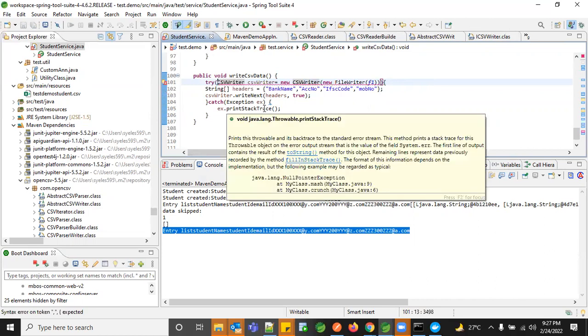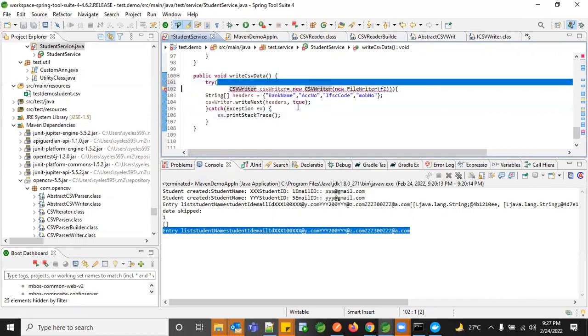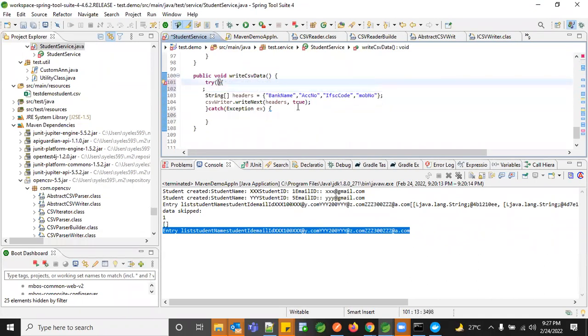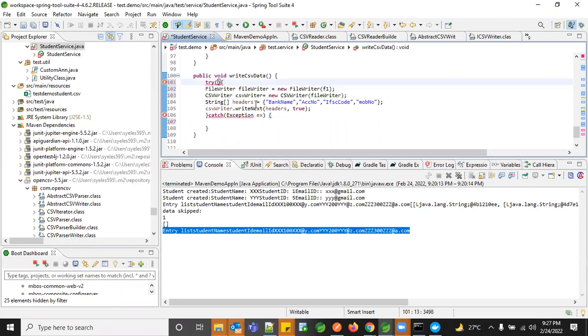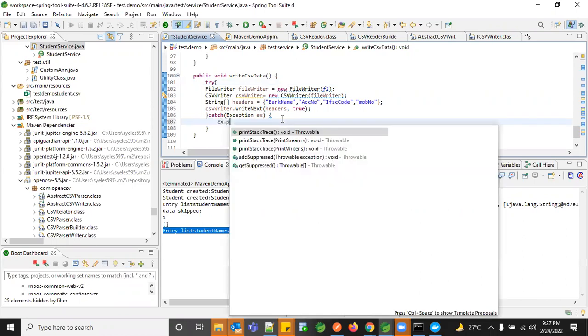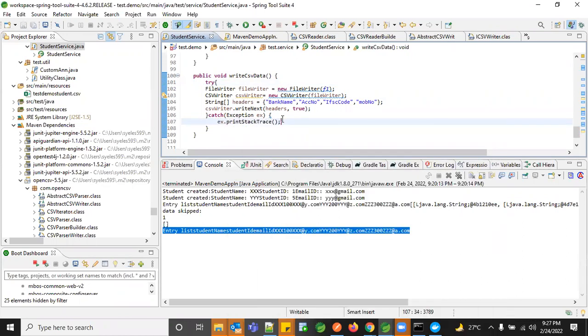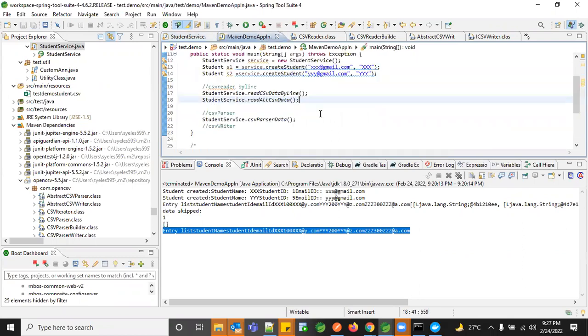Okay, I'm using version 1.8. I wanted to show this example, but I couldn't because of my system. Maybe we'll try it in another program. Since I have JDK 1.8, try-with-resources is not compatible here. So now let's call this write CSV data from our main.